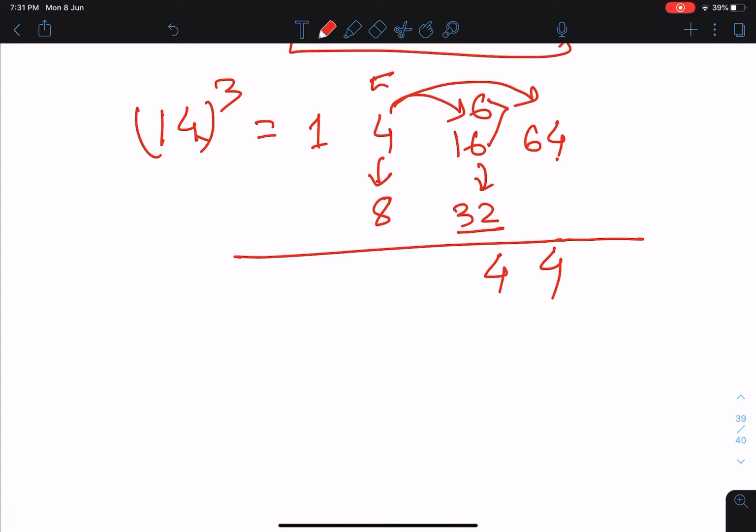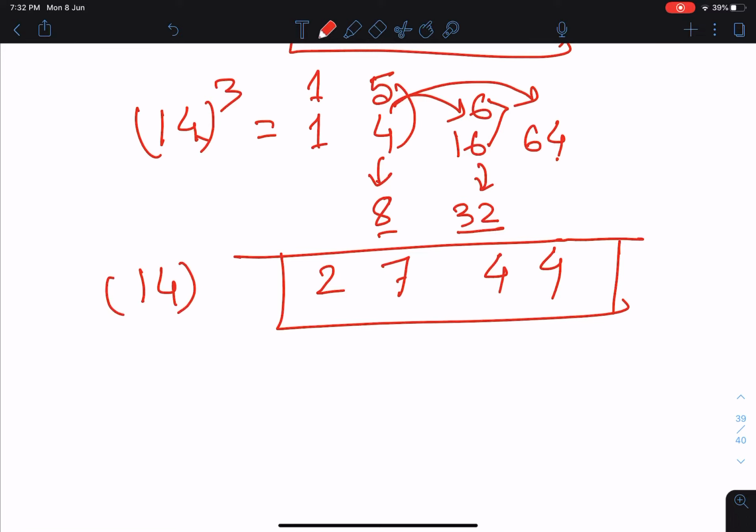We just write 4 here. Now 5 plus 4 will be 9. 9 plus 8 will be 17. 7 will be here and 1 will again be carried. So write 1 here. So the result will be 2744 as the cube of 14. Okay. I guess you understood the method, right?